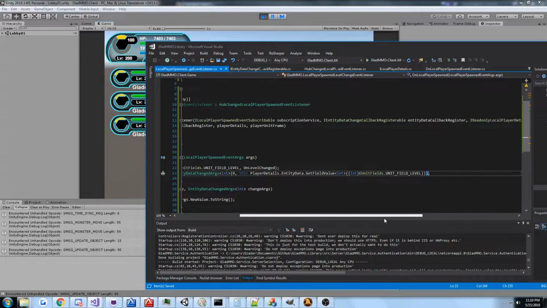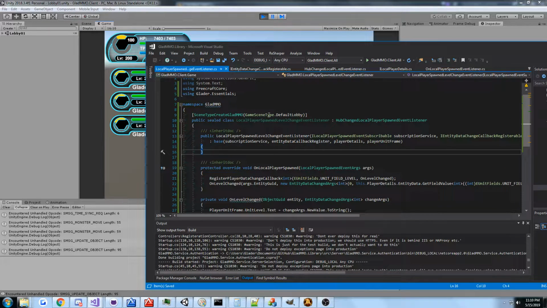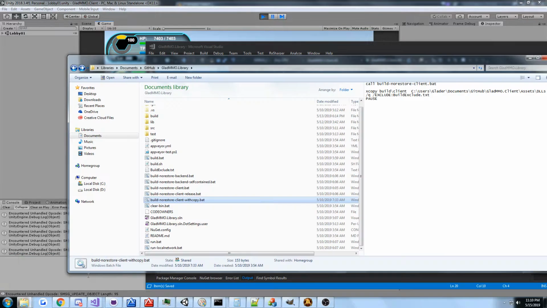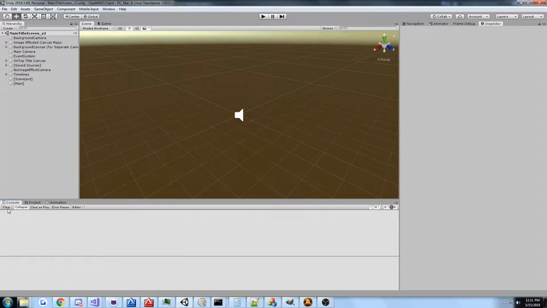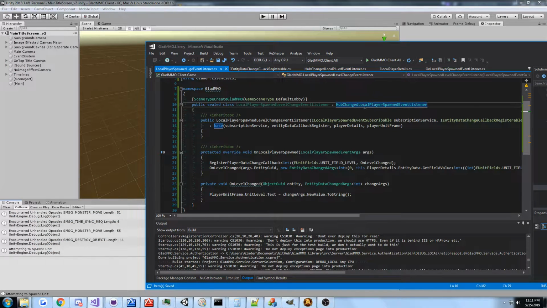Alright, so yeah, just a few lines of code, and now we have something that exists in the scene, and it's going to listen for when the player spawns. It's going to register an event for when the level changes, and it's just going to set it. Obviously, it's not ideal to call this once like this. The API will improve over time. So let's go ahead and deploy these changes to the client, and we'll see the results of our hard work using this event system, which is quite cool. If you check the base type,